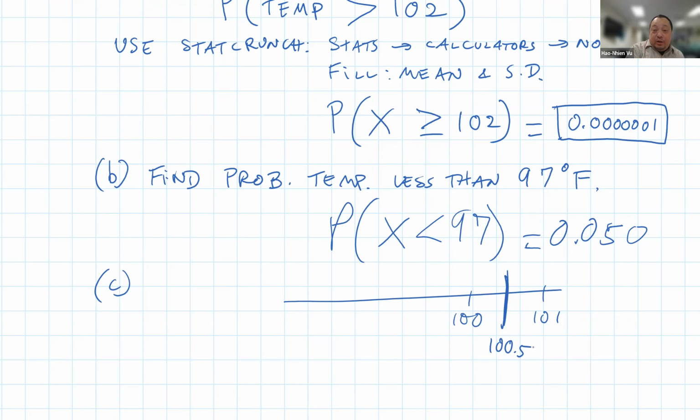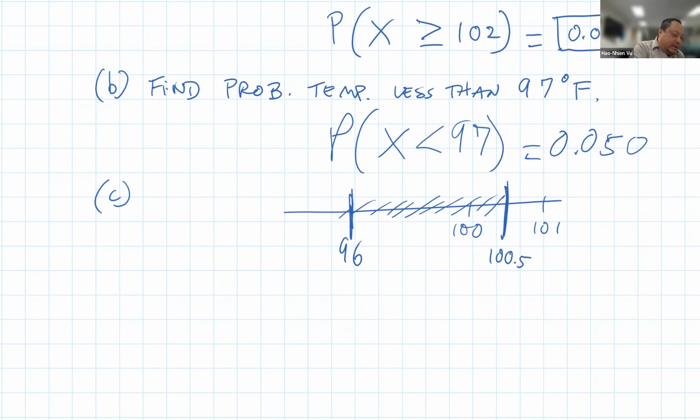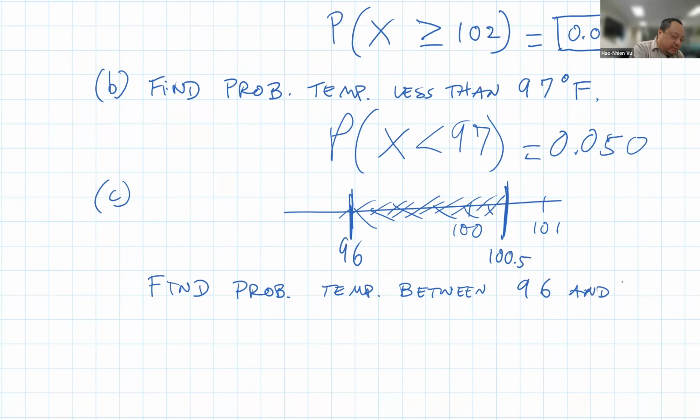So I guess the cutoff, let's pretend that it's 105. A normal person would have temperature less than this, right? But obviously, we're not going to go all the way down, because at some point, our temperature is too low, it's not normal. Let's pretend that we're going to start worrying if our body temperature goes all the way down to 96. So let's calculate that probability. What is the probability that the temperature is between 96 and 105?